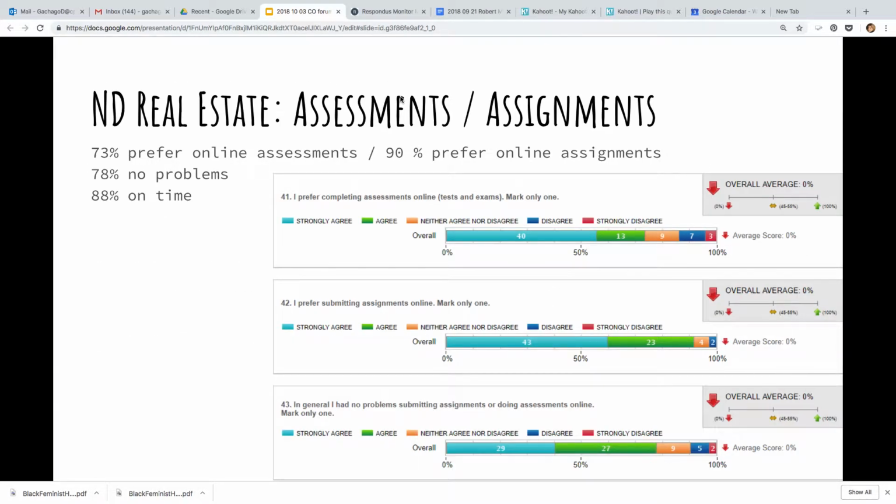That is a slide of Sarita's presentation that we did at the beginning of the year. We asked the students, these are the first distance learners at the university, the National Diploma in Real Estate, and 73% prefer the online assessments, 90% prefer the online assignments. So nearly everyone wants to submit their assignments online, and interestingly, nearly 3/4 actually prefer to sit online exams rather than come to campus and do the